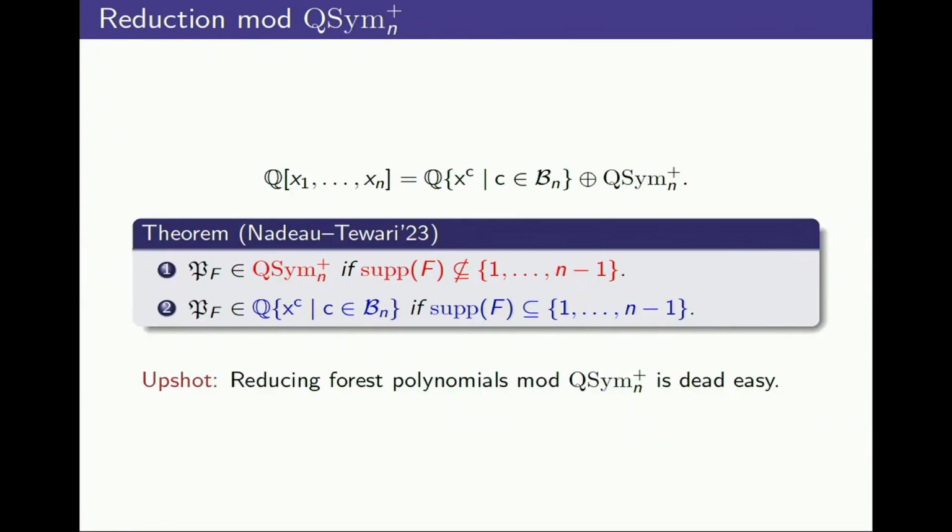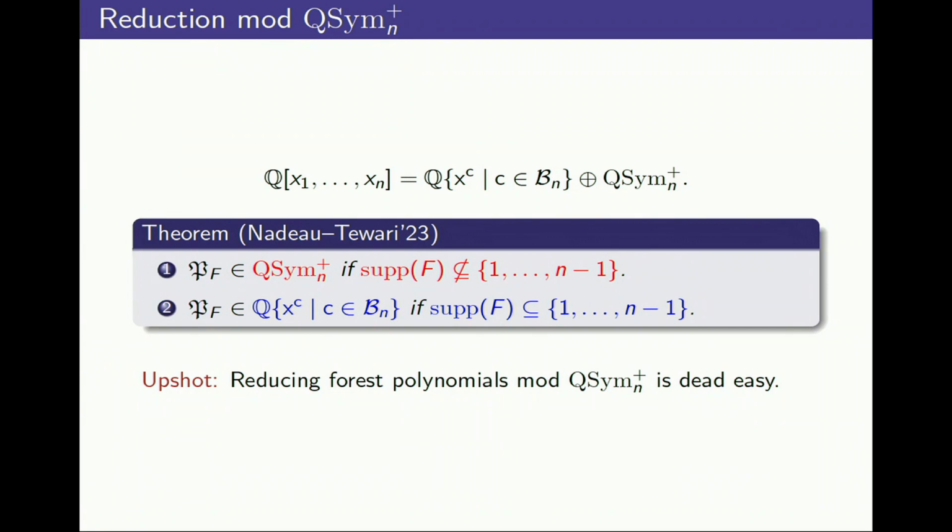So I was interested in reduction modulo QSym, and this is why we introduced this basis. Well, what's the good thing about this basis? Reduction modulo QSym is sort of a joke. You can read it from the indexed forest. What's my theorem? It's succinct, but it actually takes some work getting here. Forest polynomials either lie in the ideal of quasisymmetric polynomials, or they're a bunch of good things, right? So they're a bunch of ABB monomials, as I've been calling them.